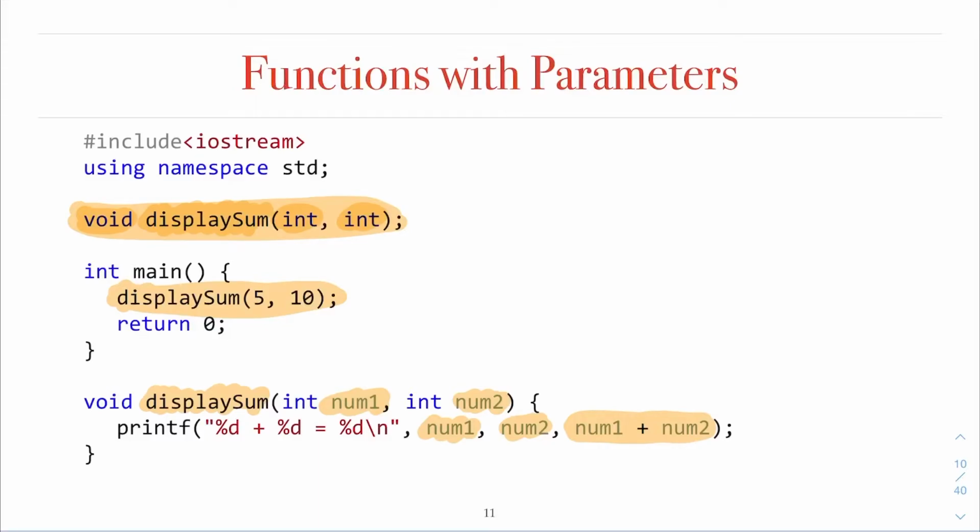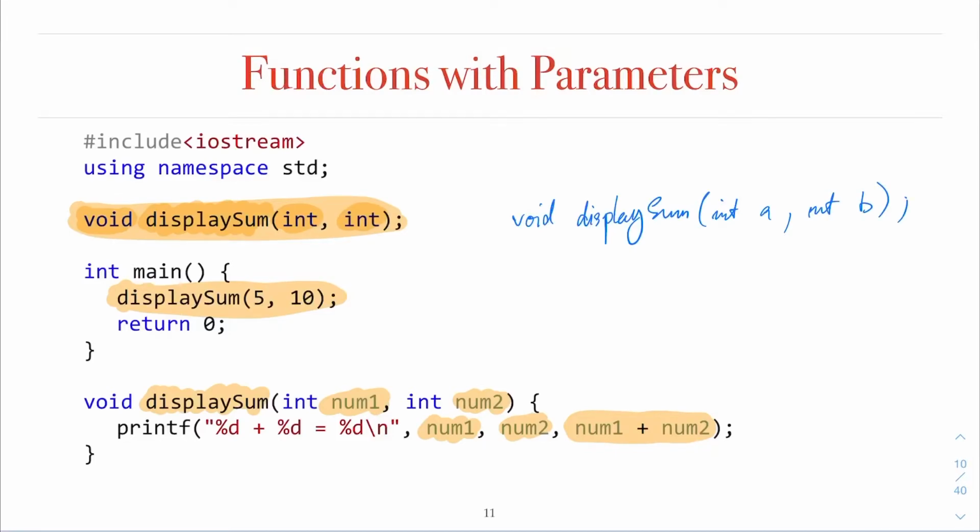Sometimes you can also write it more clearly like this: void display sum(int a, int b). This is exactly fine.